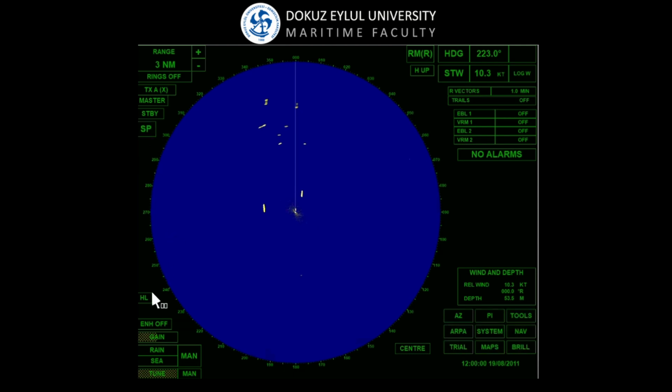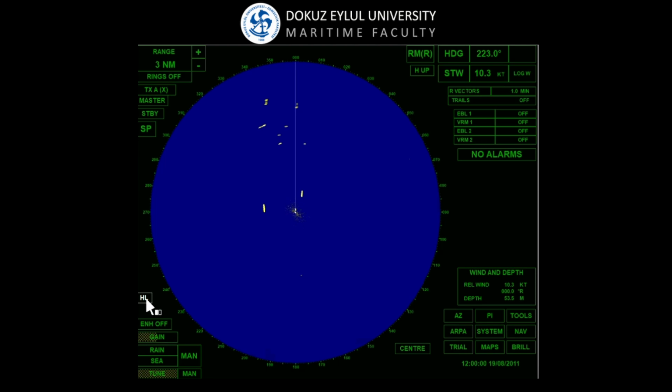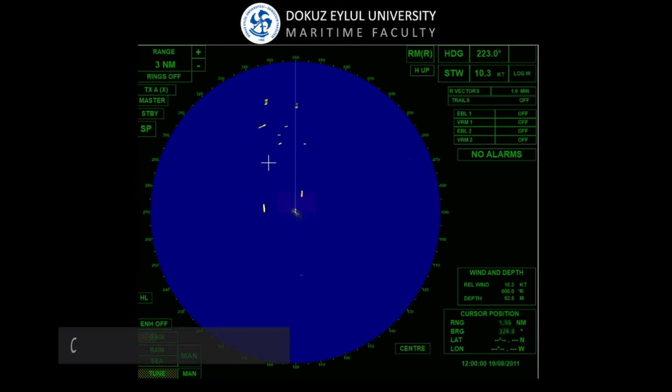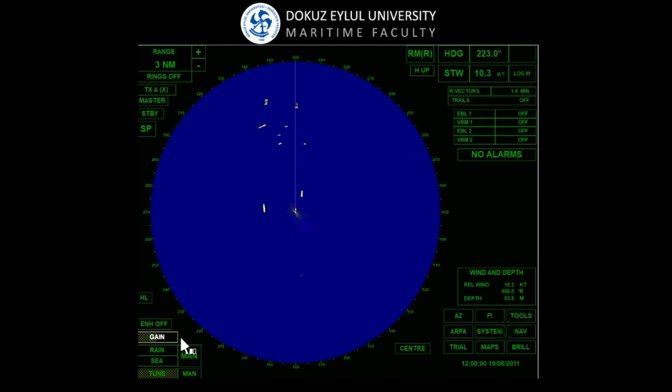We can turn the heading line on and off from the lower left part. We can adjust the radar's gain, sea, rain and tune settings in the lower left corner of the screen. The gain setting makes weak echoes appear strong. The rain setting